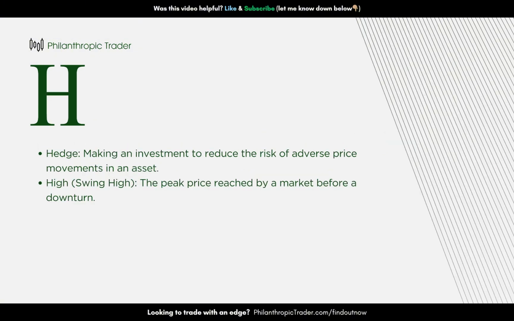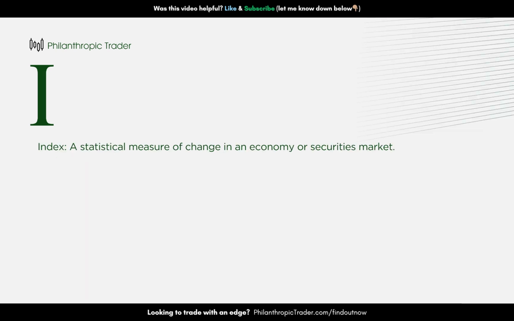So let me go back. You can have a swing high or a swing low. So it basically is the highest point of a price range. Now, not really a range, but let's say you have an uptrend, and then you can have the highest point of the uptrend until it goes to the downside, and that is called a swing high.